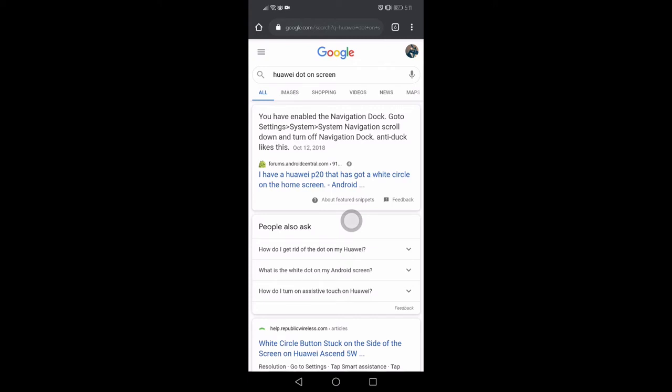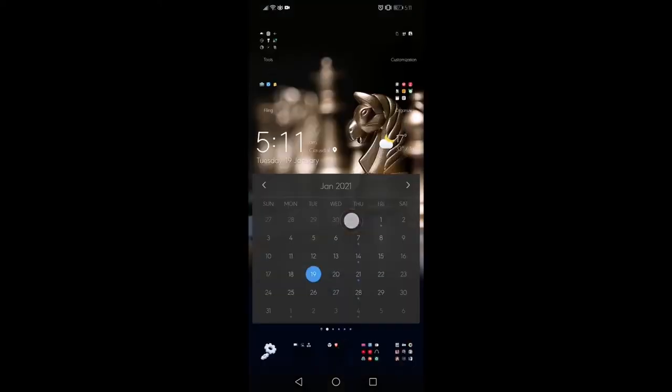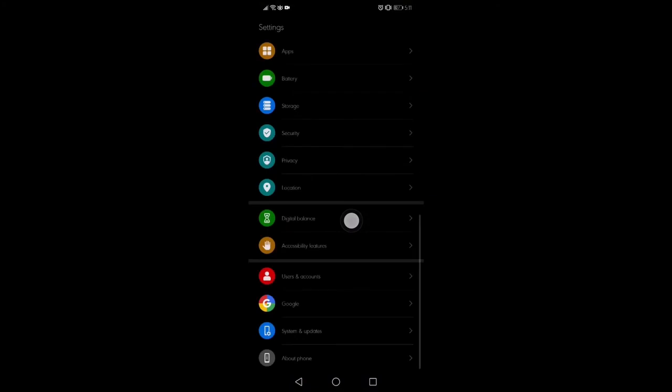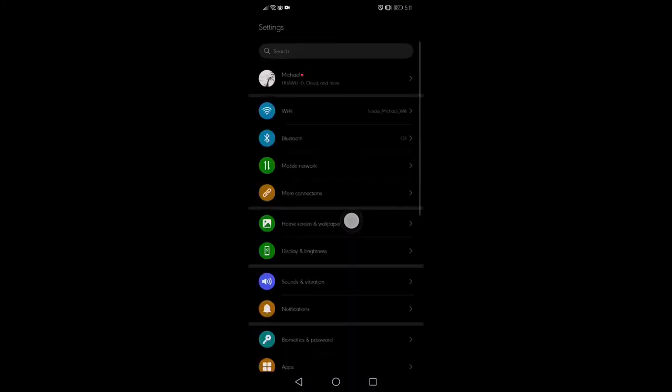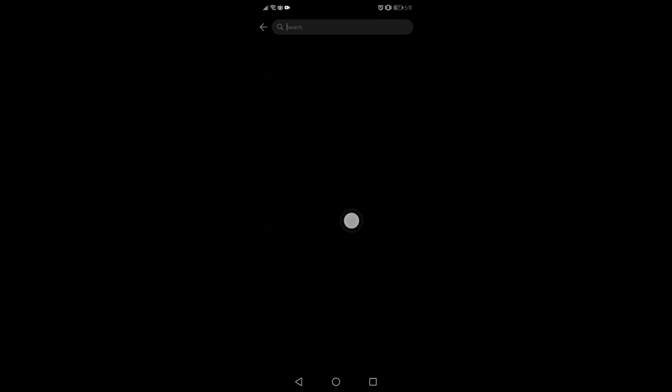You're going to locate and tap on your settings. This is on your mobile phone. At the top of the settings screen, a search bar should be visible, and in the search bar you can